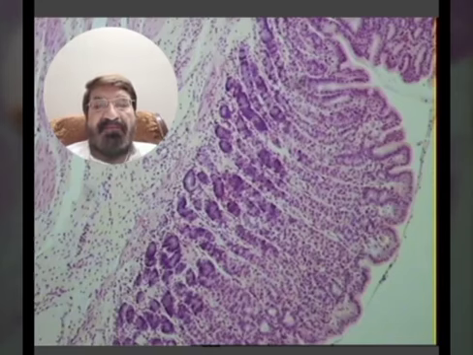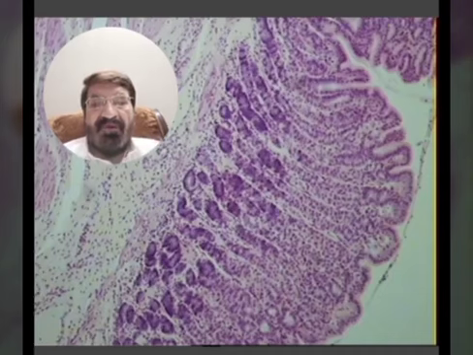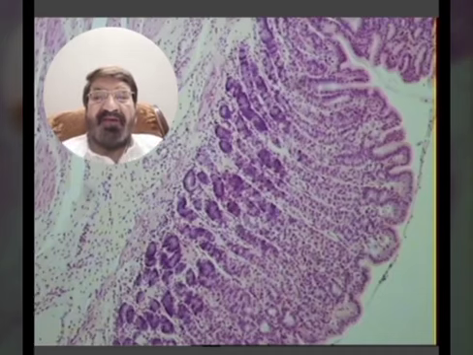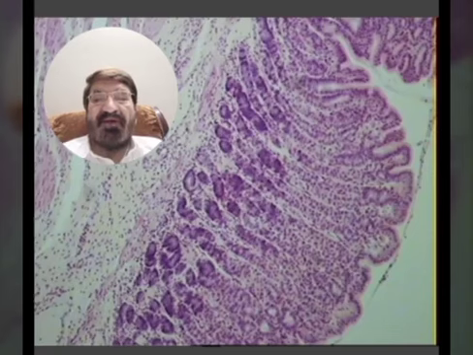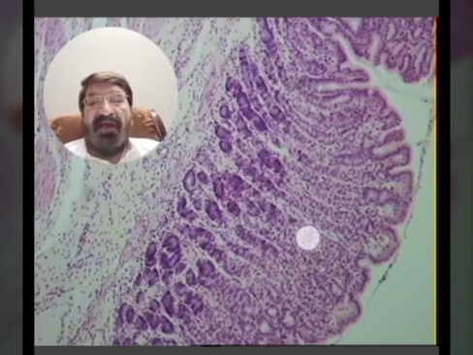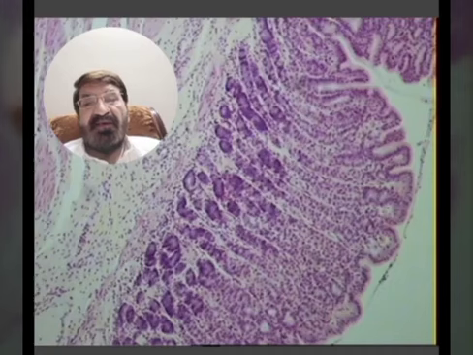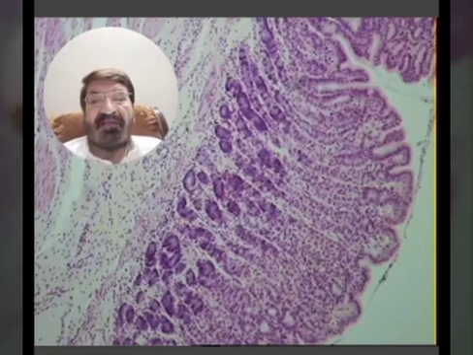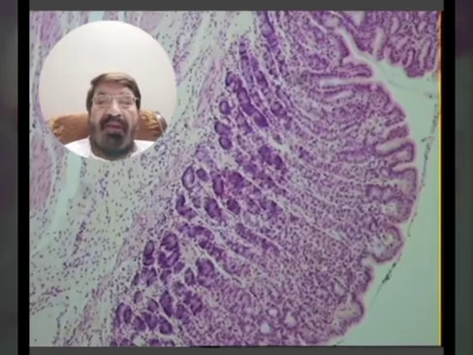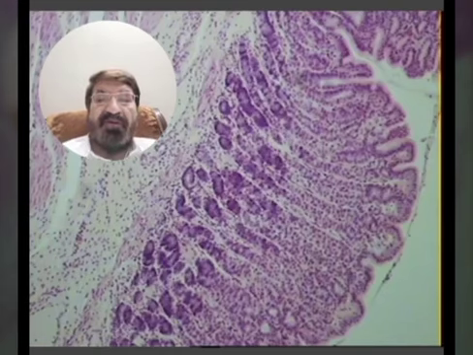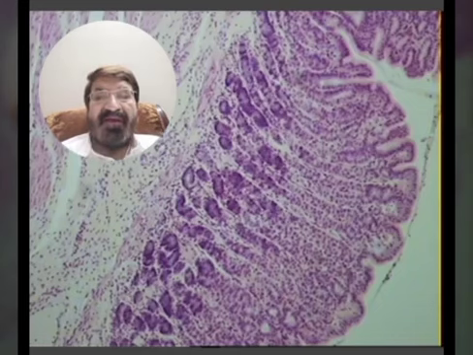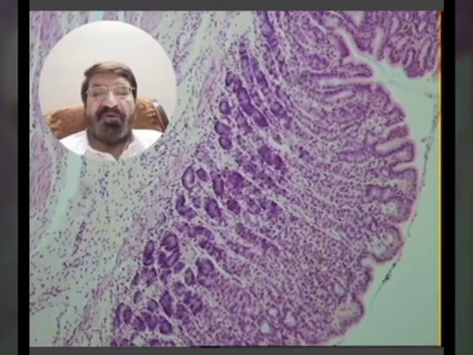This is actually the invagination of the epithelium into the lamina propria. The epithelium is simple columnar, and this epithelium dips down into the lamina propria to give rise to a simple tubular branched gland, and you can see these are different types of cells in the stomach. The gastric glands have many types of cells: chief cells, parietal cells, enteroendocrine cells, mucous neck cells, and surface mucous cells.